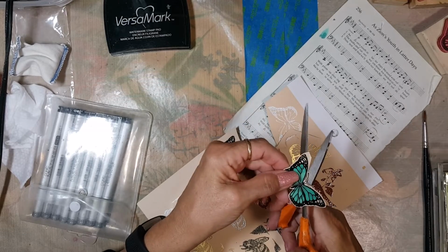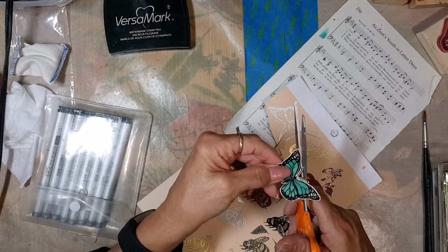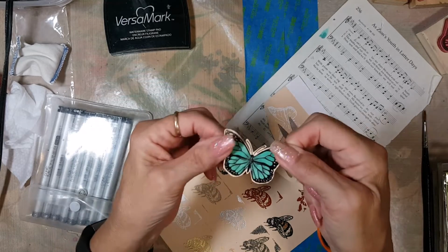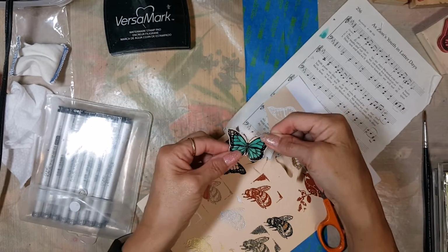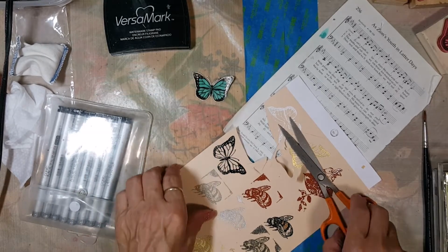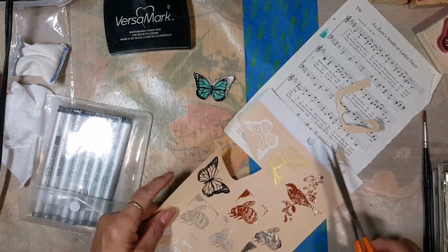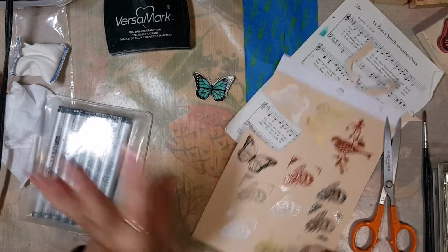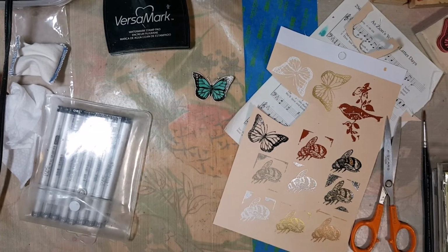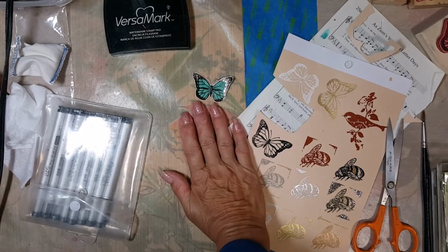Oh my gosh, this is so cute. Oh my heck, look at that. Isn't that cute? Oh, that's so pretty. Okay, I'm going to color one more. Let's pick a different color. I really like that color, but let's pick